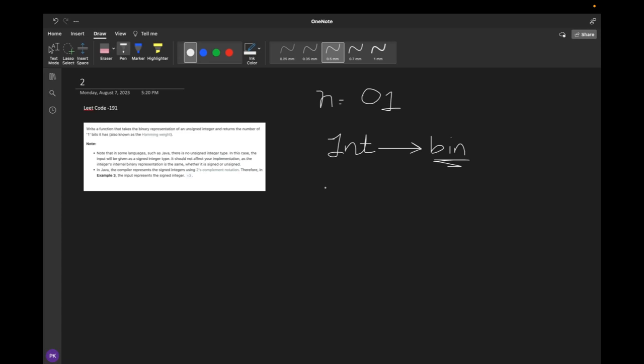I'll be implementing the solution in Python. The very first step when you get an integer n is to convert it into binary. In Python, you can do it using bin. Now, mind you, the thing you get is the binary representation. You have to parse through it and get the ones in it. To parse through it, we need to convert it into a string. So for that, we write str